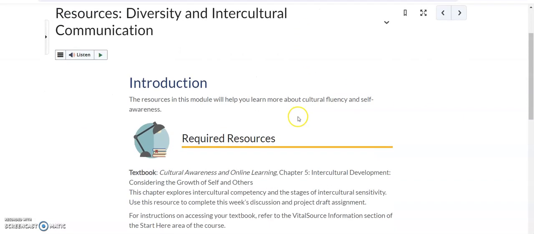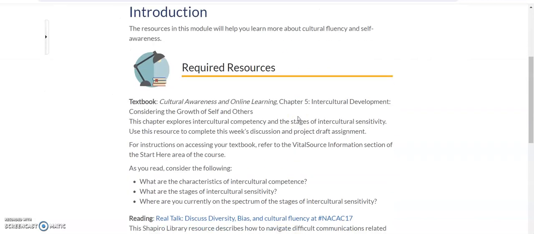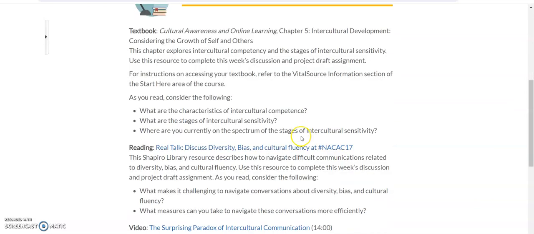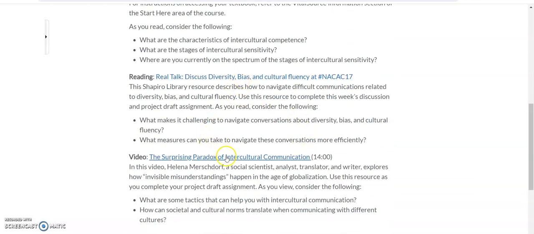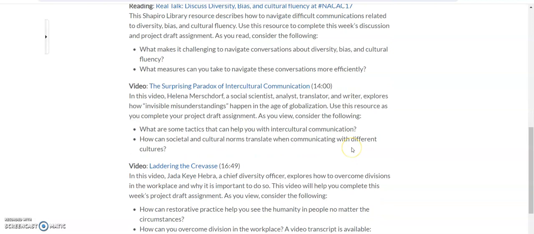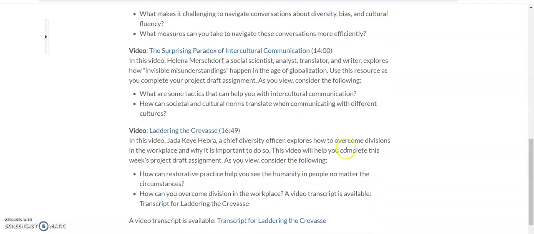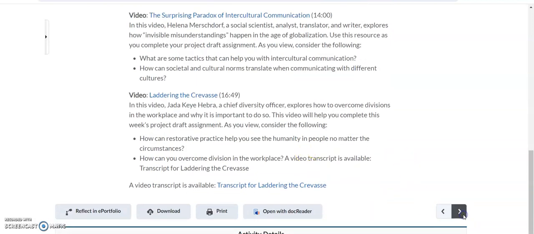section. As a reminder, this is what the required resources section looks like. It'll always tell you what chapter or chapters you should review in your textbook. Plus, it'll always link you to any helpful articles or videos. So please make sure for week 3 that you review all of this content because it'll just help you be